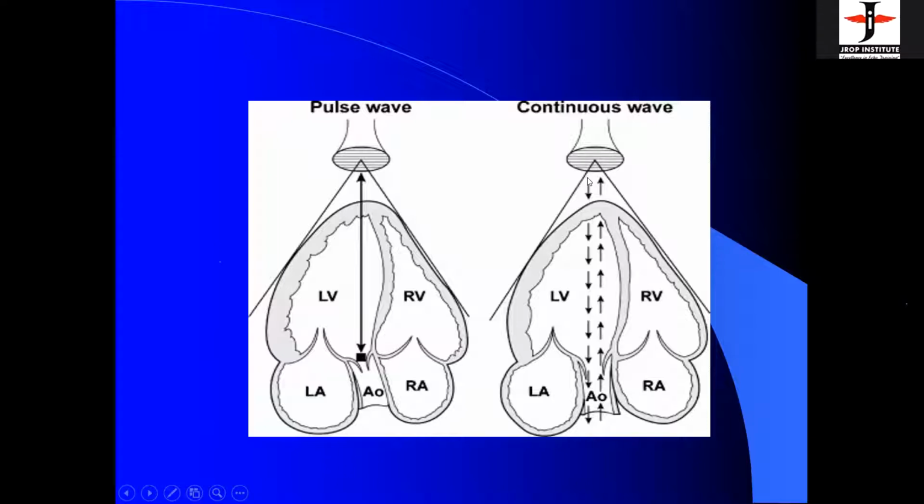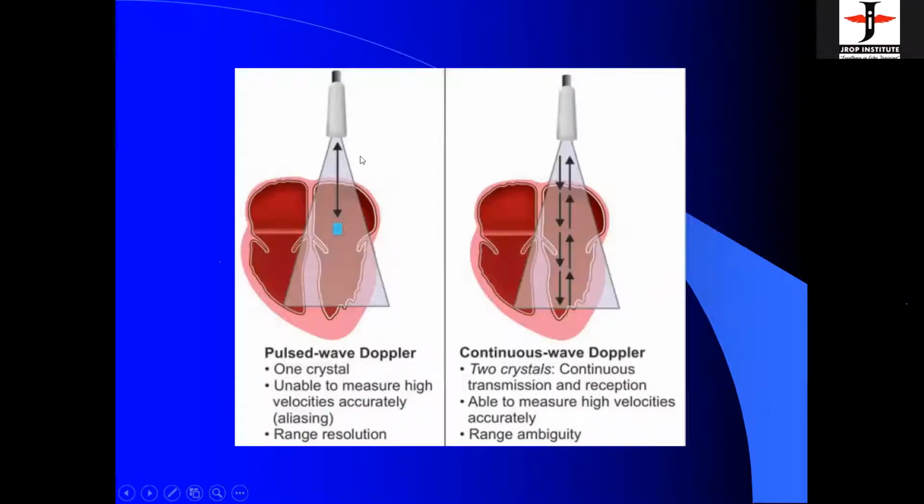In continuous wave Doppler, there are 2 transducer crystals. One transmits and the other receives. Now, forget about it for the time being. Again I'm showing you the same thing, a single crystal. So that means when the pulse Doppler sends an ultrasound, it transmits, listens, and then receives. Because if the ultrasound waves are continuously going, they will be destroyed. But the basic thing is that pulse wave is unable to measure high velocity flows.